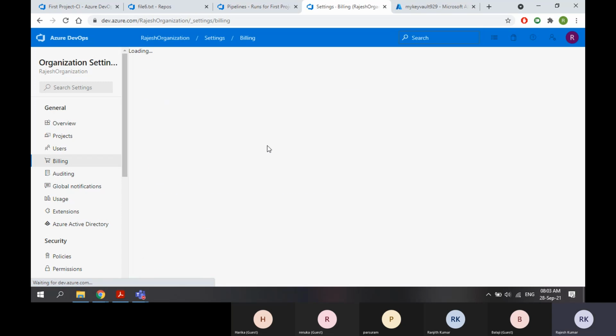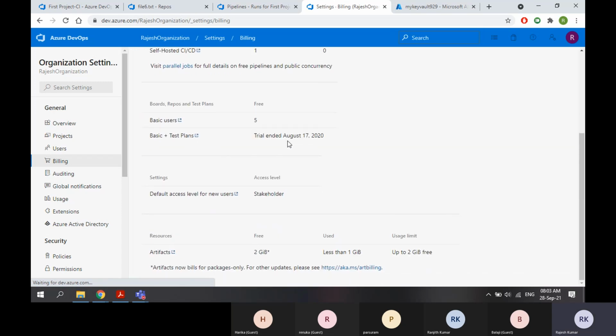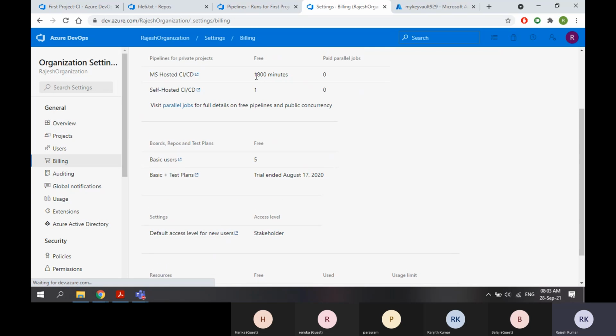Every month you will get only 1800 free minutes, guys. 1800 minutes means it's 30 hours only. 30 hours for 30 days, which is not at all sufficient for an organization.